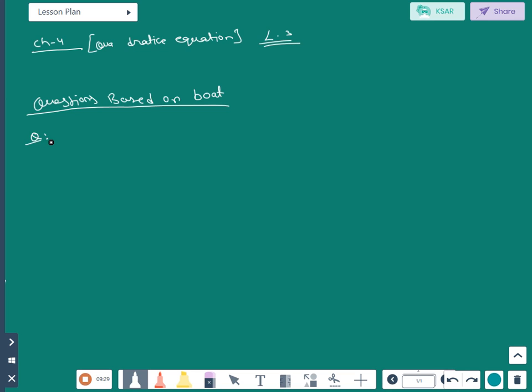The question is: a motorboat whose speed is 18 km per hour in still water takes 1 hour more to go 24 km upstream than to return downstream. So you all know, in case of upstream we find the speed of the boat upstream as speed of boat minus speed of stream. And in downstream what do we do? We add. So here it is given to you